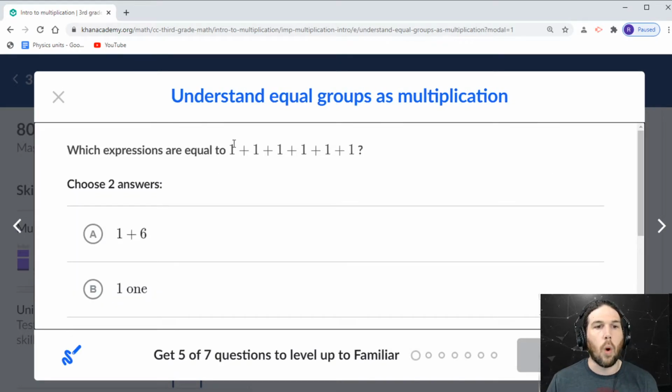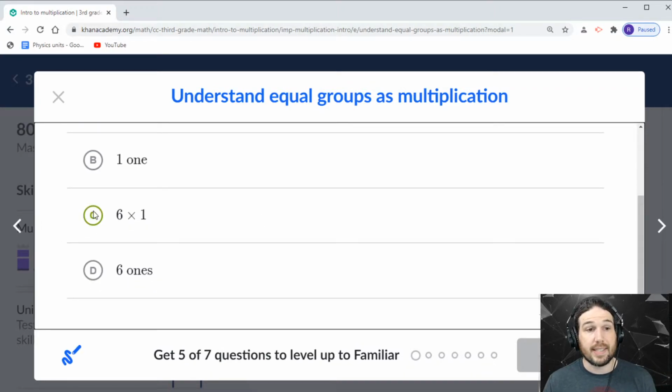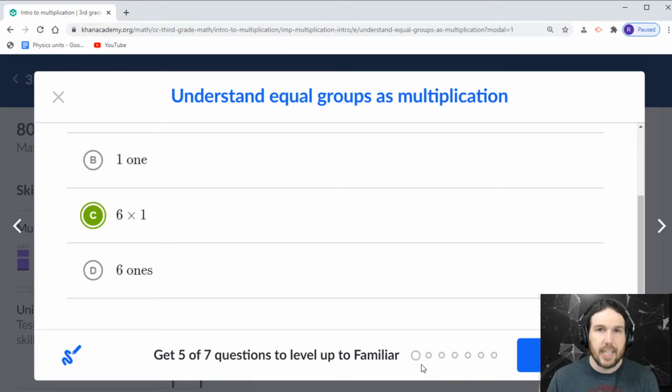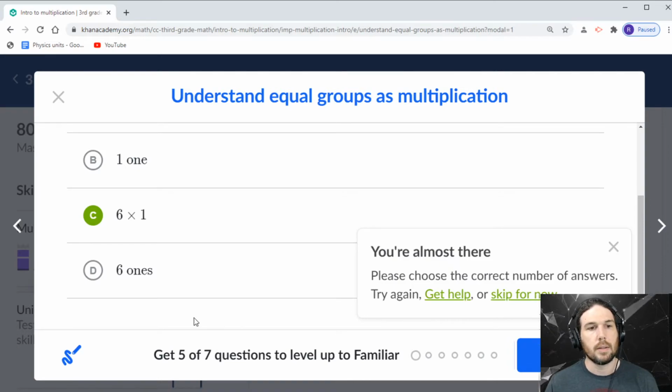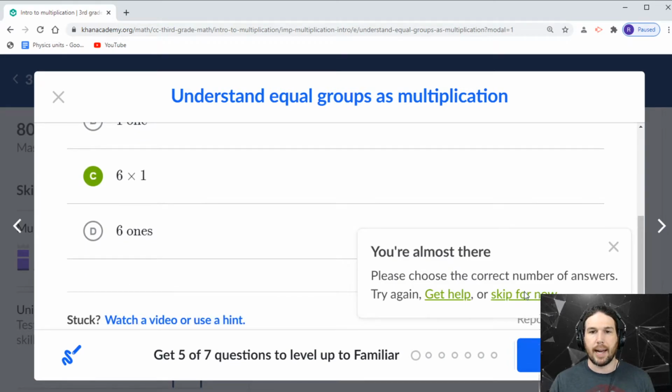So we have this 1 plus 1 plus 1 plus 1 plus 1 plus 1 plus 1 plus 1 plus 1 plus 1. Okay, so there are 6 ones. That is 6 times 1, right? There are 6 ones. Oh, here's another thing, and I'm going to scroll up because I hit